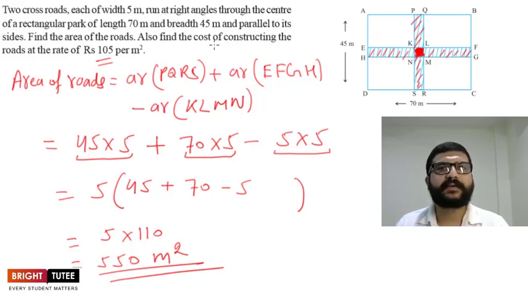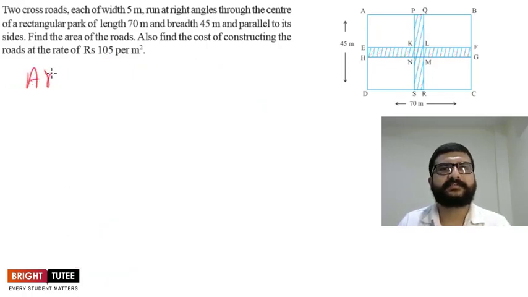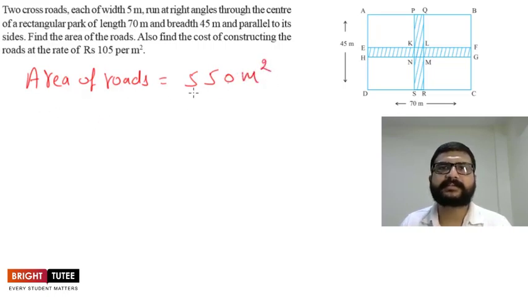Now what else we have to find? We have to find cost of constructing these roads. Now how we can find cost? So till now we got area is 550 square meters. Now let's see how we can find its cost also. So as we have seen, area of roads is equal to 550 square meters. So what will be the cost? Cost of constructing roads is rupees 105 per square meter. So total cost will be 105 into 550